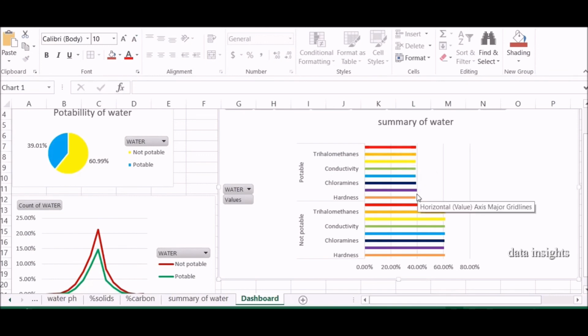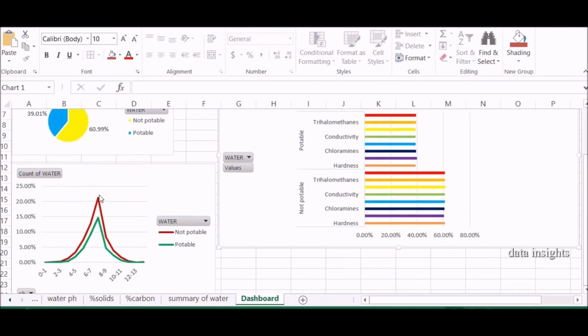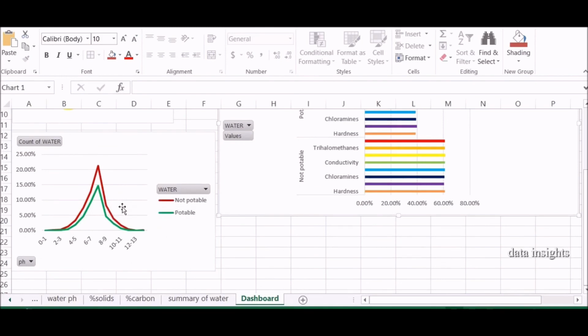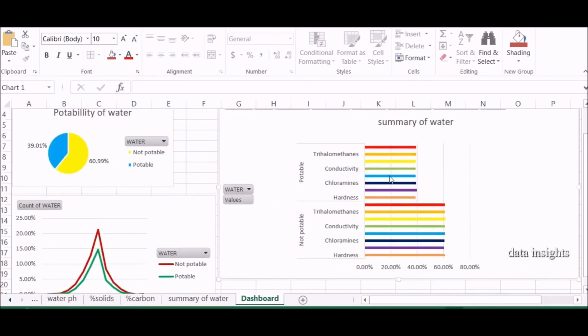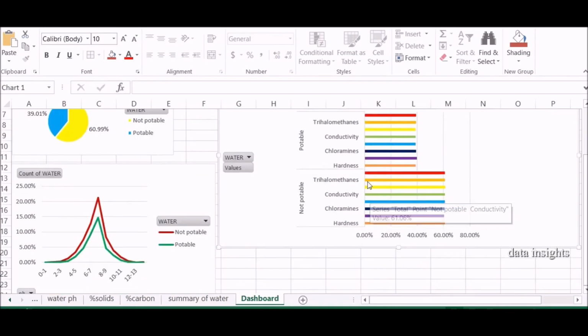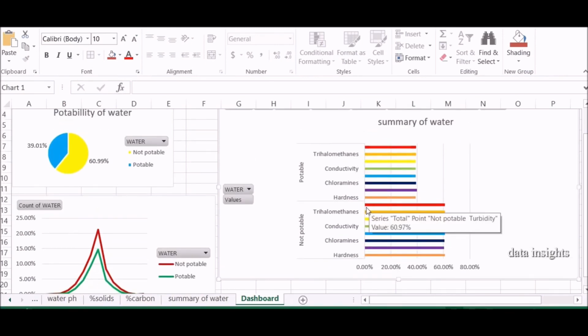One of the most important things in the water is the pH. As I have observed in the data that is available, both the potable and not potable have a pH of 5 to 10. So mostly the water is suitable for drinking. My observation is, if you remove the extra 30% of solids that are present in not potable, you can convert the not potable water into potable water. So yeah, that's it.